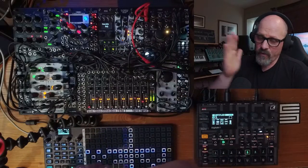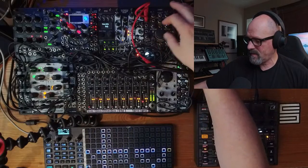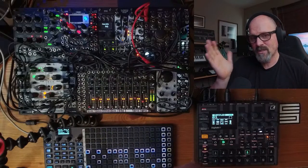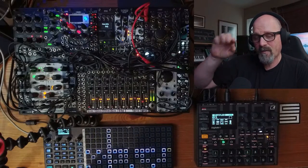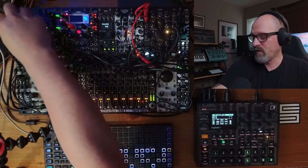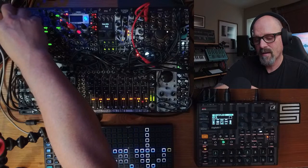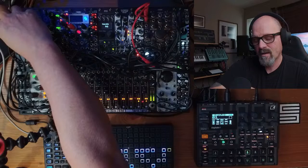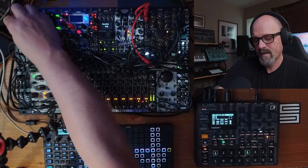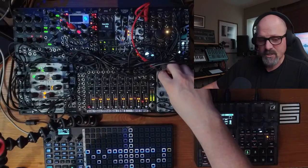And with resonance on the filter, it picks out different harmonics, so it sounds like other instruments come in. You hear how it kind of sounds like there's a percussive instrument that came in? That's just a harmonic that it's picking up with the resonance of the filter from the bass sound. So if I change the filter on the bass sound, it will change that too. Right? And then if I frequency shift